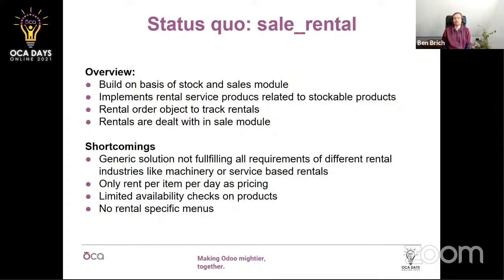A quick overview for those who don't know the module in detail: it builds mainly on the stock and sales modules. It implements rental service products related to the physical storable products in order to track the inventory using the stock module. There is a new rental order object